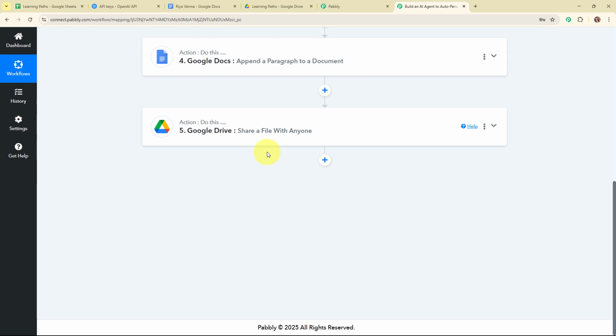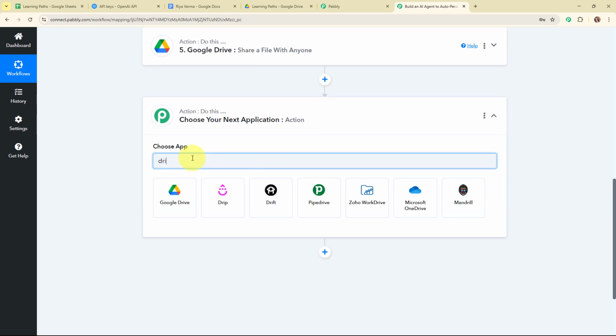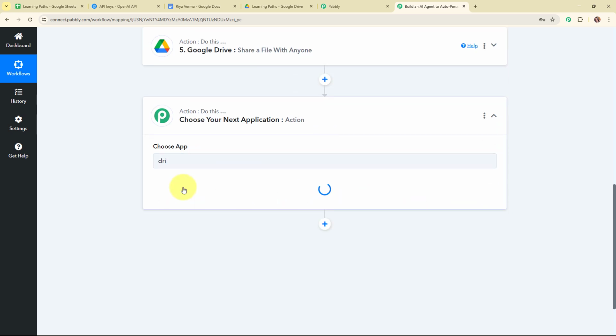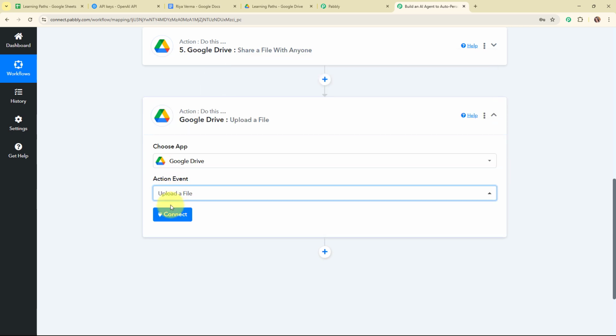Alright, so now after making this file shareable to anyone with the link and also getting the PDF file, I'm going to upload this particular PDF file in my Google Drive under a specific folder. So for that, I'm going to add another action step over here, and again I'm going to select my action application as Google Drive, and this time I'm going to select my action event as upload a file, so that after getting a PDF file link for this particular document, I want to upload that PDF in my Google Drive